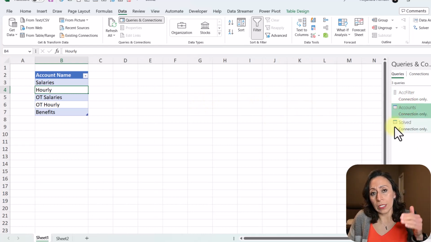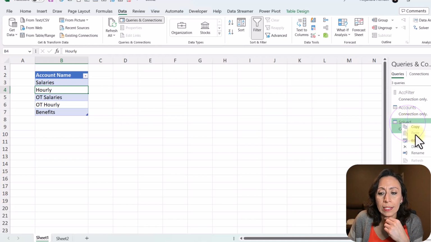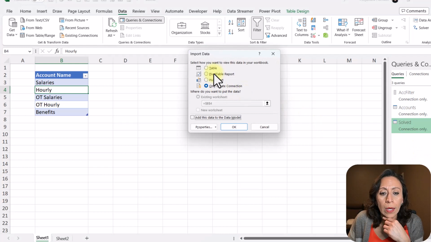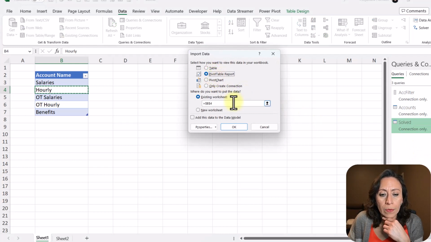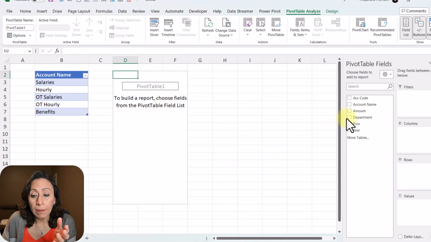Now that I brought this information as a connection only, now I can select the query that I really want to load into my sheet. Right click at solved. I'm going to say load to, and I'm going to say pivot table report. Okay, perfect. I can build my pivot table now.